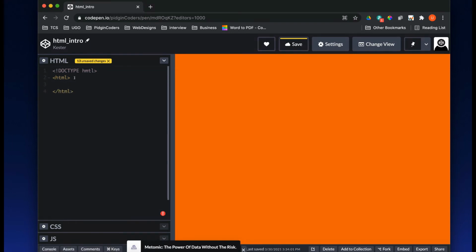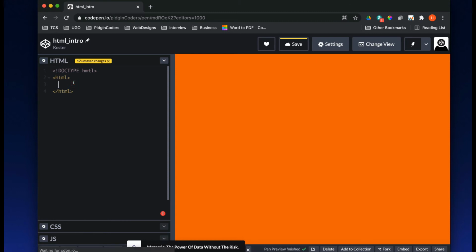So this one opens and this one closes. Anytime you open an HTML element, the thing to keep in mind is to make sure you close it. We will talk about most of the HTML elements in different videos, but for now, these basic ones you need to know.